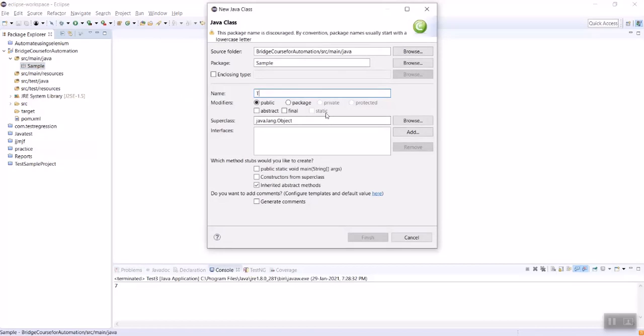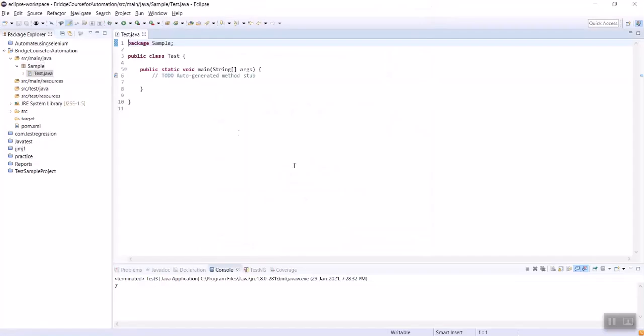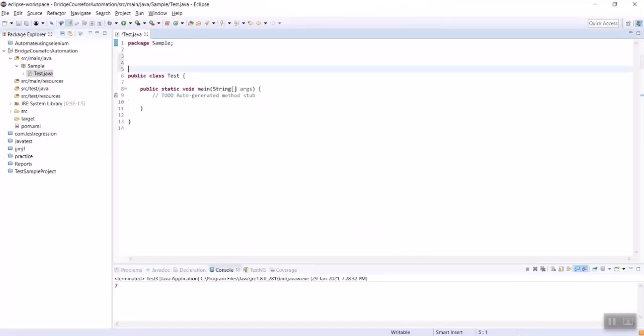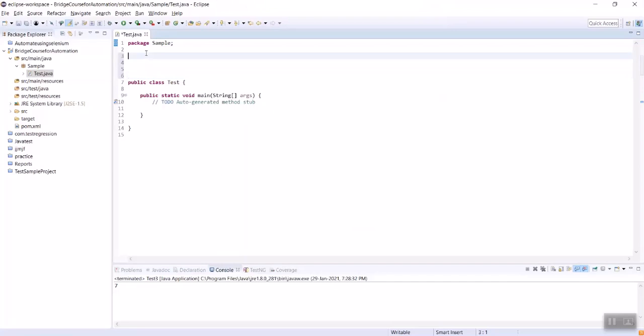Class, public static void main. So we have checked. The main statement will be available in our program when we launch it. Now we are going to see inheritance.